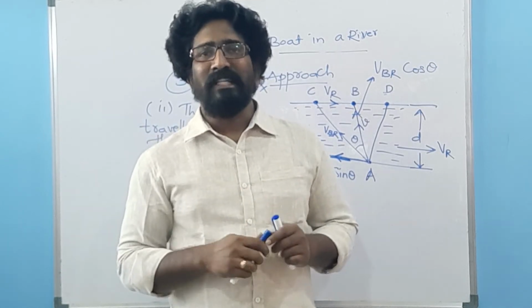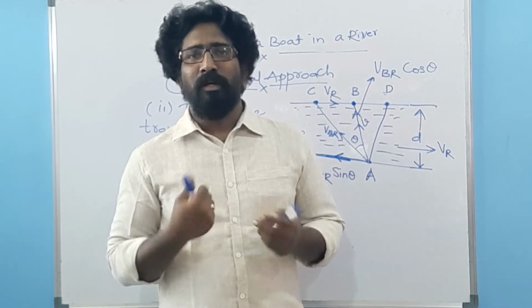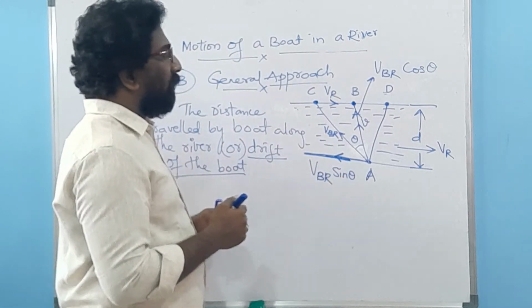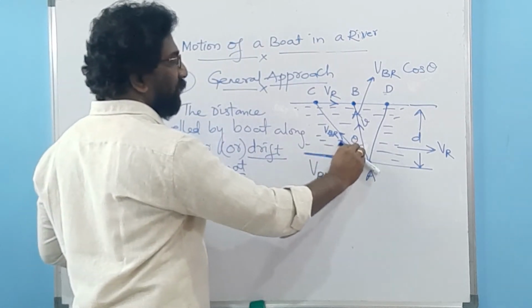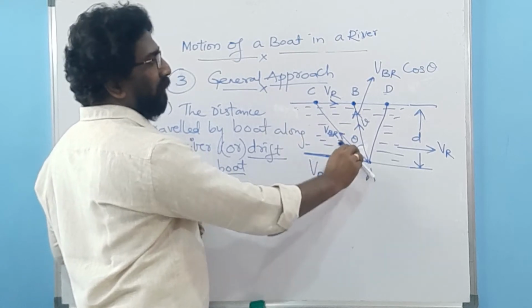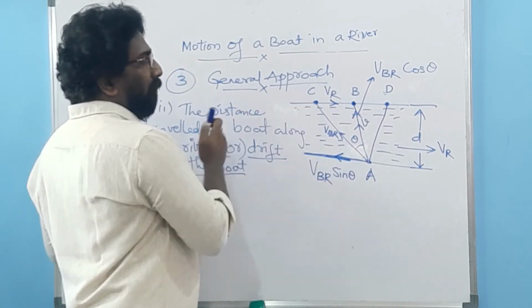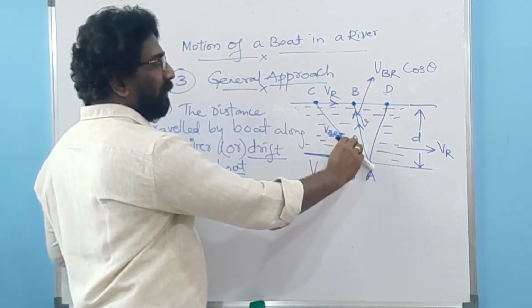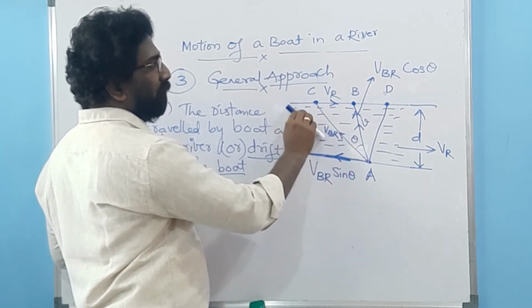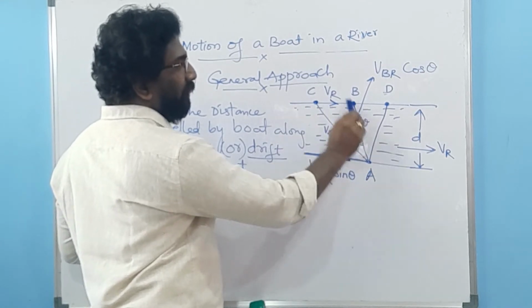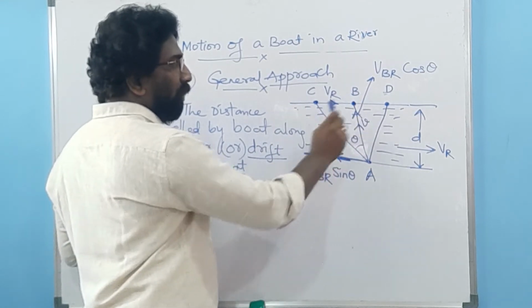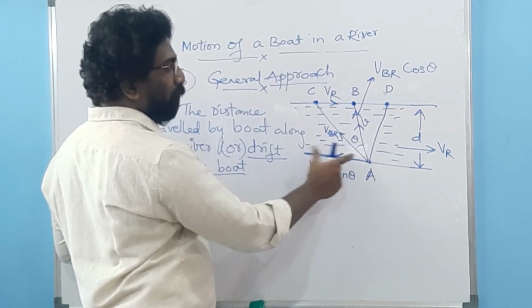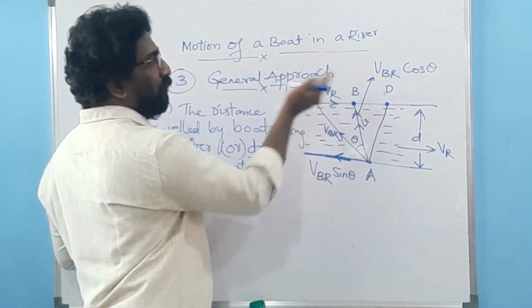But what about the unskilled fisherman or the boat's person? Definitely, by making some trial and error, they will try to go in this direction. We don't know to what distance they will be traveling. With respect to the wind, or the speed of the river, they will be traveling in this direction, so that the speed of the river or the wind will make the boat travel to this point B. So that is very important. That's why you should calculate the distance traveled by the boat from this point A in order to reach this point B.